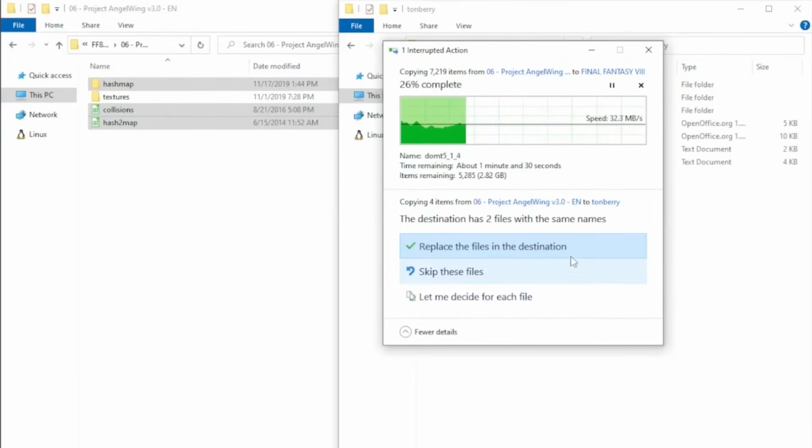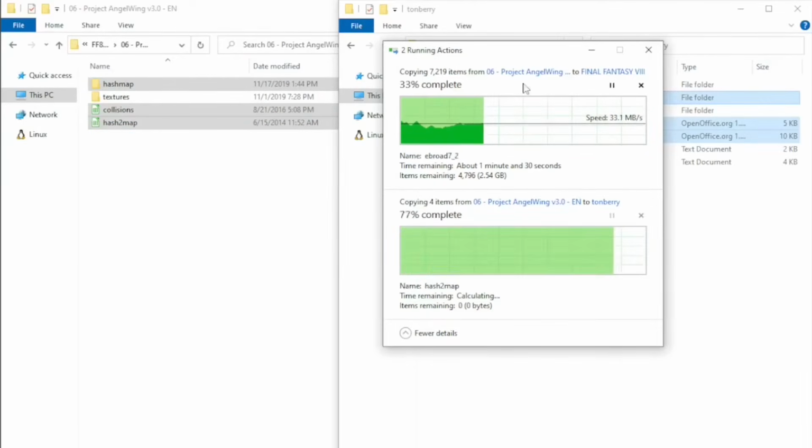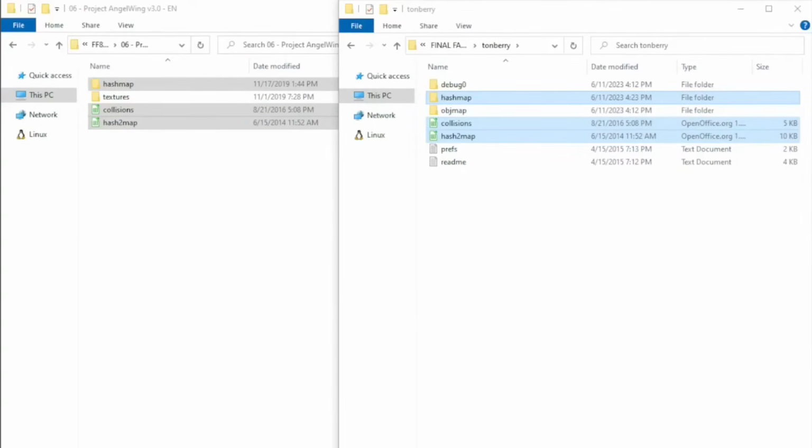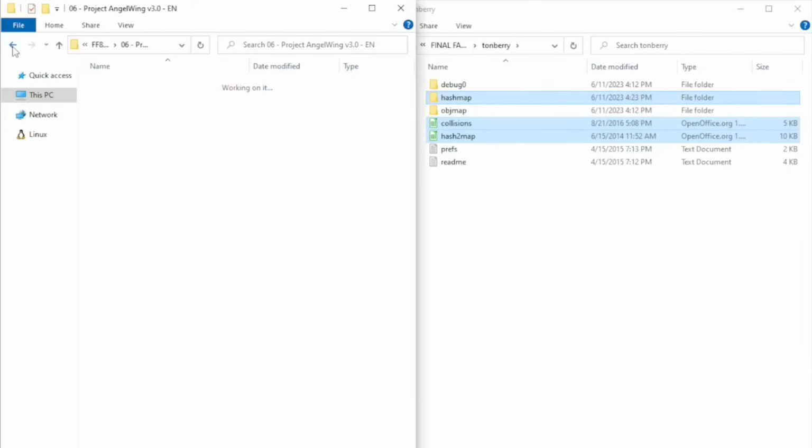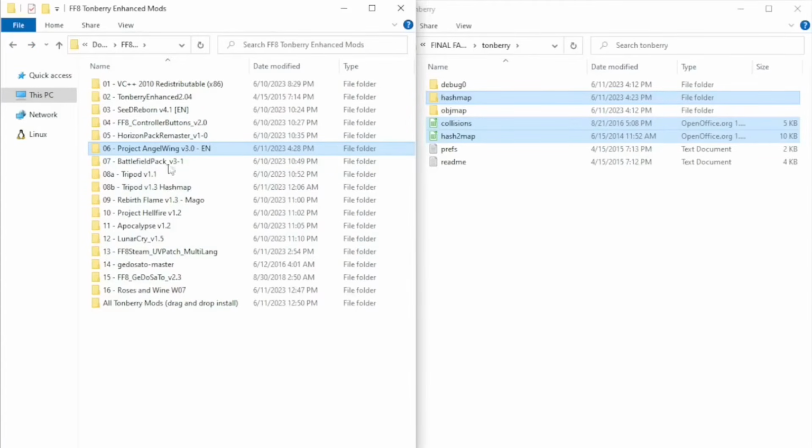And it wants to know if we want to replace the files in this destination for the hash map and the collision stuff, or just these two, the collisions and hash2 map. We do. So go ahead and replace those folders,